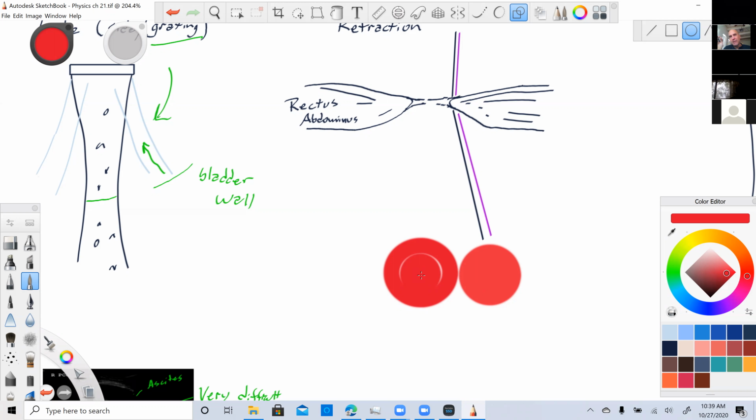It's so negligible that there's really no time difference. But what the transducer thinks happened